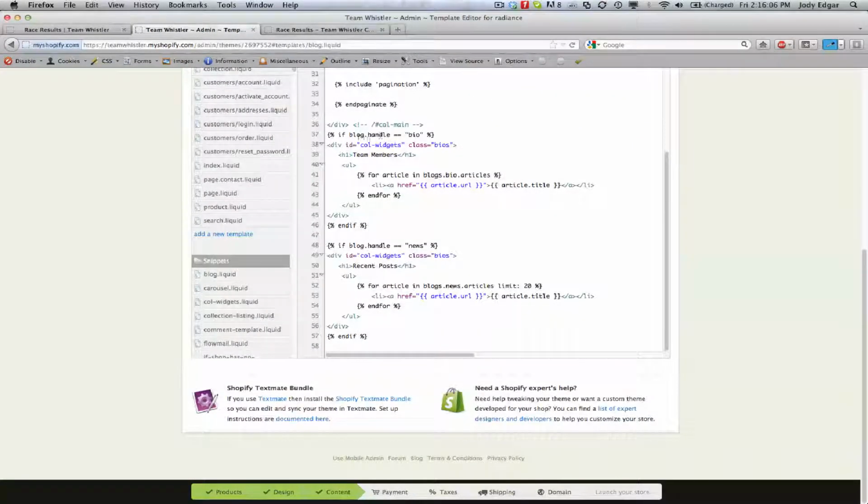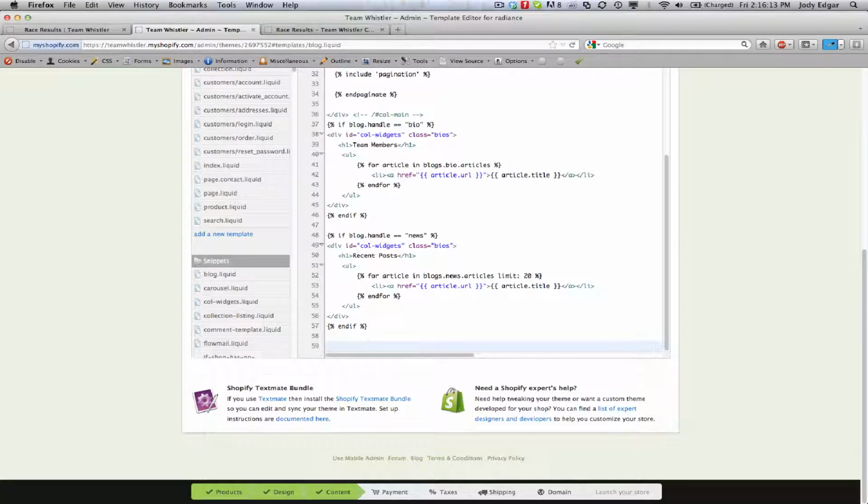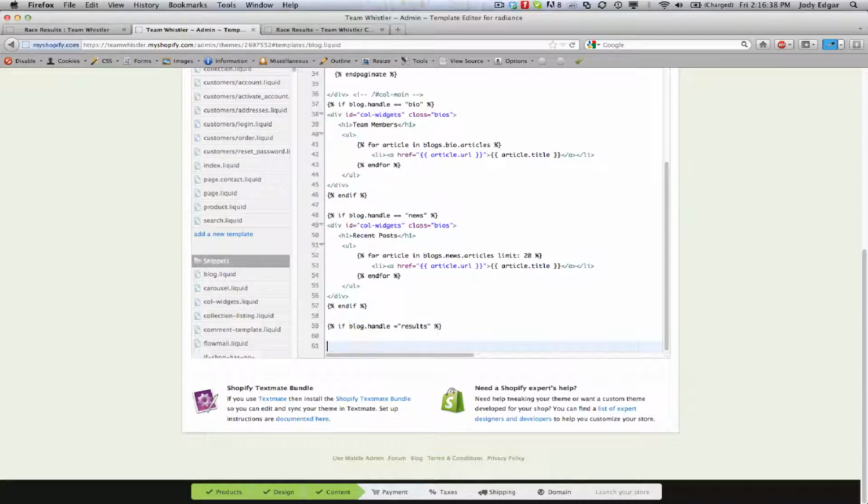So what we can see down here is I've created a couple if statements that are going to show that div on the right-hand side if it in fact is that blog. So what we're going to do is we're going to start off with our if statement. So we open up our liquid template and we go if, and then blog.handle. So we are going to be looking for the handle, which is the identifier that Shopify uses to tell which blog is which. So we're going to use the handle, and I know it's results because that's what we called it when we created the blog. We're going to close that. We're going to say, so if the blog actually equals results,